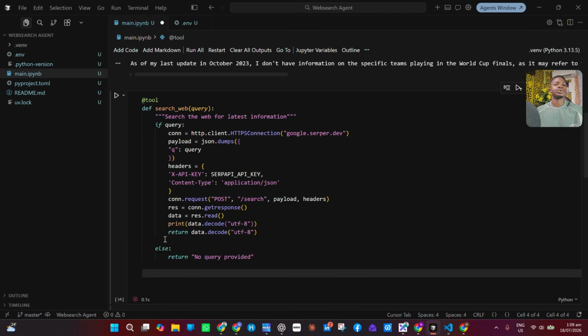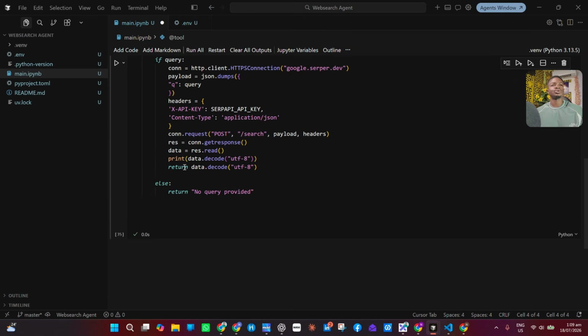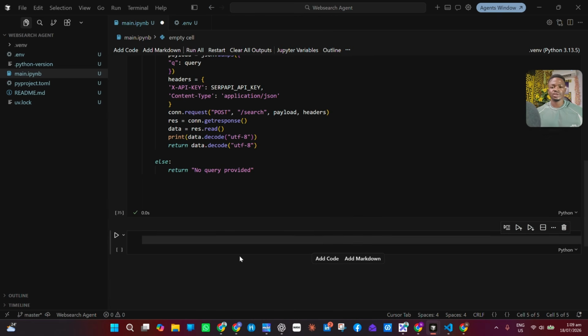Else, let's just return no query provided. And let's run this too. So from here, our tool is ready. The next thing we have to do is to create our agent and then pass in this information for the agent. So I'll say my agent is equal to create agent, and